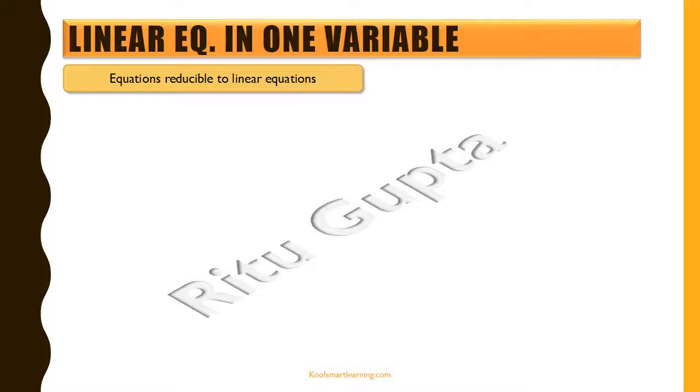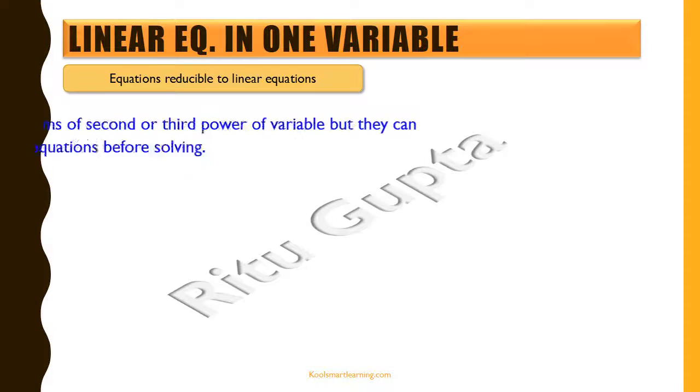We first create a linear equation based on the problem statement, and then we solve for it to find out whatever is not known to us. Now we've talked about linear equations, which in the first go are actually linear equations in one variable. But then there are certain equations which do not seem to be linear equations in one variable, but they are reducible to linear equations. Let's look at some of those examples.